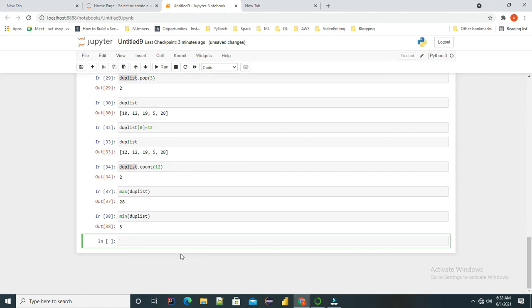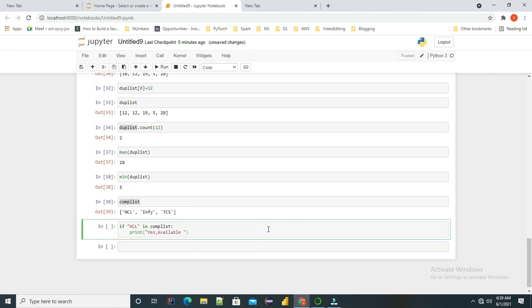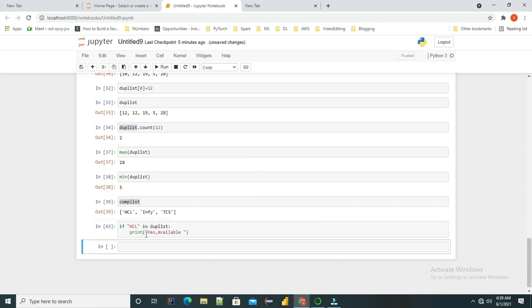Now we'll see how we can find whether any element is available in the list or not. To find that, let's use the company list which we have created earlier. Let's see if HCL is available in this list or not. Here we will see if HCL is available in this comp list or not. Let's do shift enter. With this we can see, yes, HCL is available in this comp list. If I just change this comp list to, let's say, dupe list and see whether our output is working or not, you can see it didn't print anything. It means it's not able to find this element HCL in this dupe list. So this is how we find whether any element is available in the list or not.